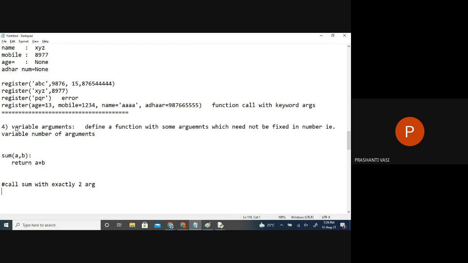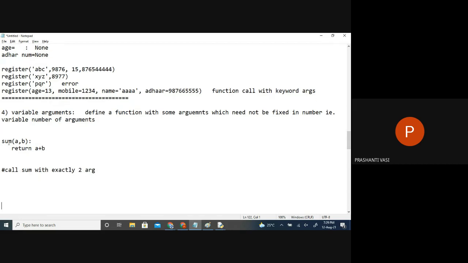That's for sure, no? So can I pass more arguments to this, sum of 5, 6, 7, 8, 9? No, ma'am. So I want to define a sum function which can take any number of input arguments, or we say inputs, and it returns the total of all the numbers.